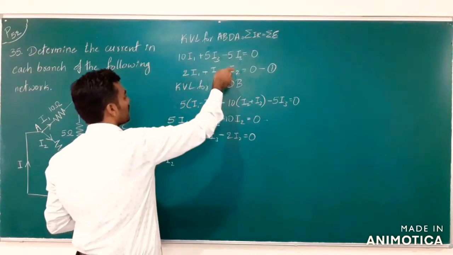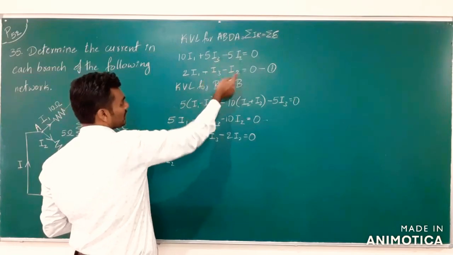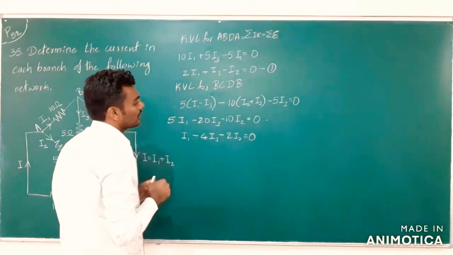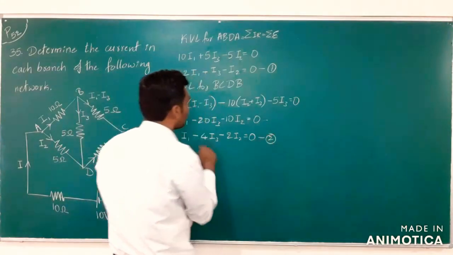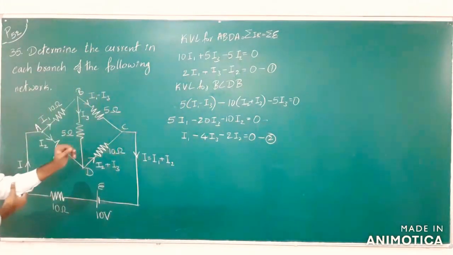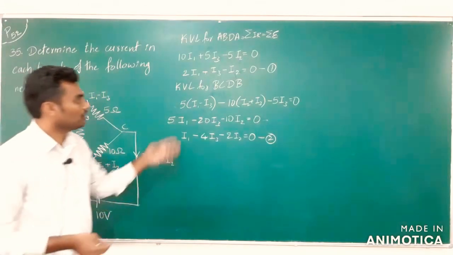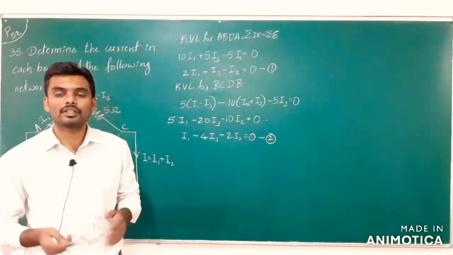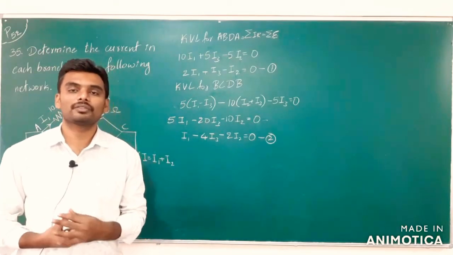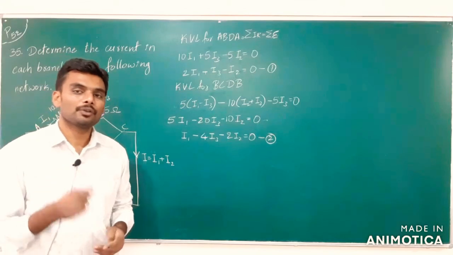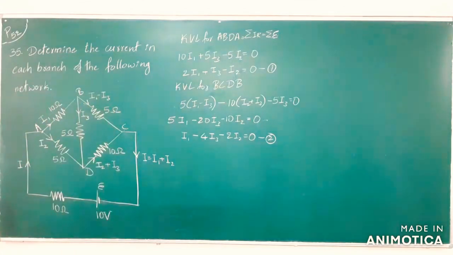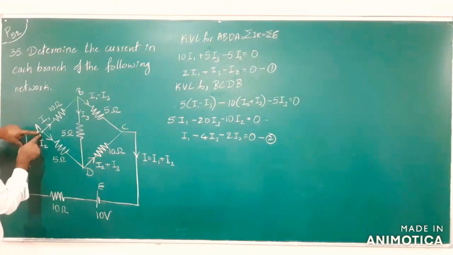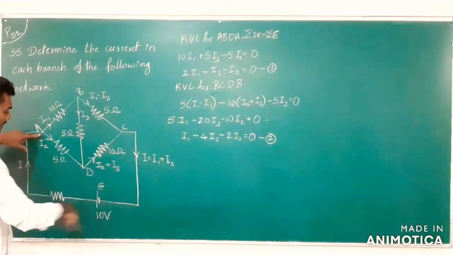Okay. I just wanted to bring I2 here and I3 there, because I want all the equations in order. Right, let me keep it as it is, then I'll replace it while solving. So again we have two equations with three unknown variables, so it is not possible to get the values of the variables. We need one more equation, and we will get that by applying the KVL to the loop A, B, C, A.